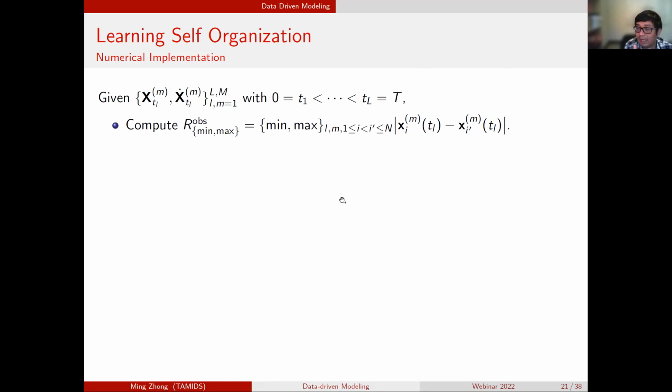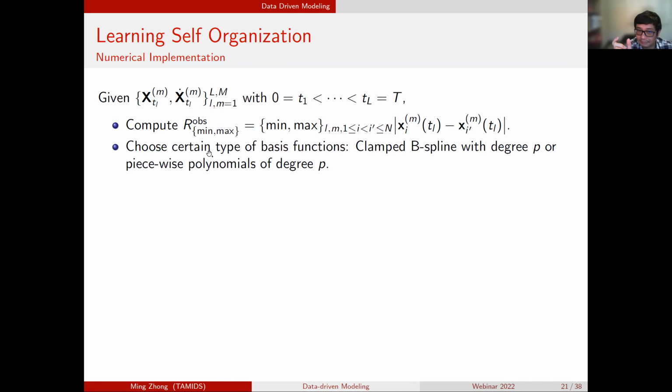So we're going to assume we have discretized observation data and the derivative of this observation data. We're going to find the so-called maximum and minimum interaction radius. Basically, go through each pair of agents and find the pairwise distance data. Then the learning interval is based on the maximum and minimum interaction radii. Okay, we build a basis function. We build our search space